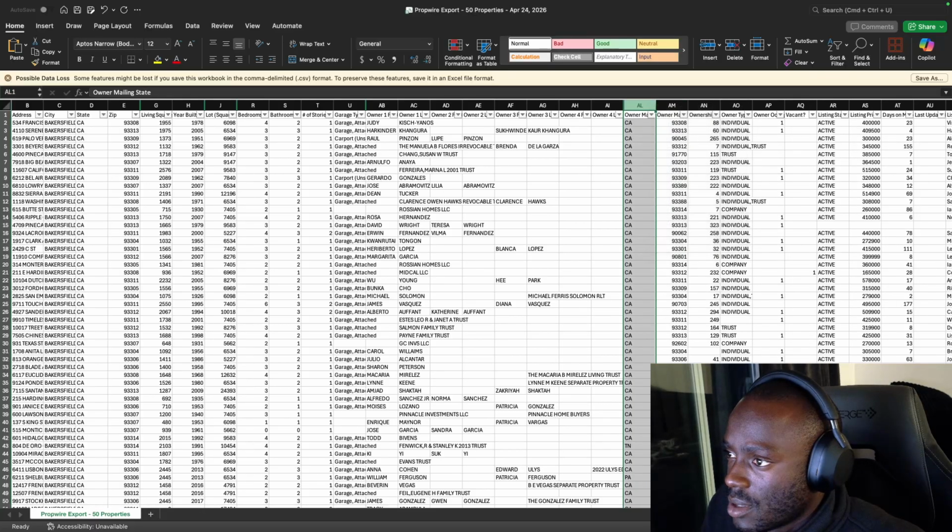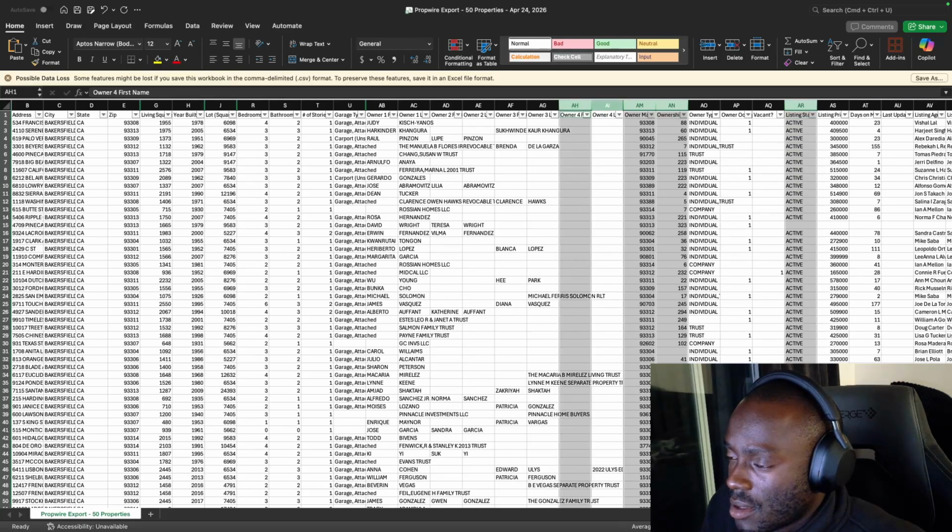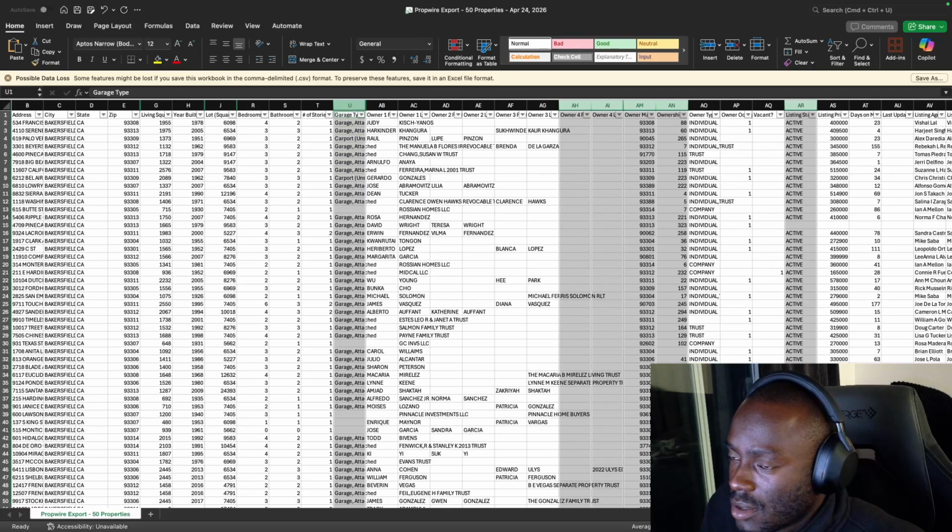And we don't need the state as well, so we can hide that. We don't need this, this. We know they're actives. These extra owner fields we don't need. We don't need this as well, so get rid of that.